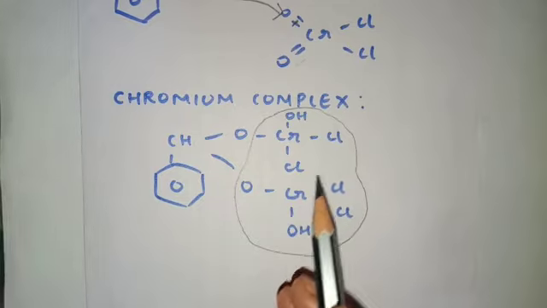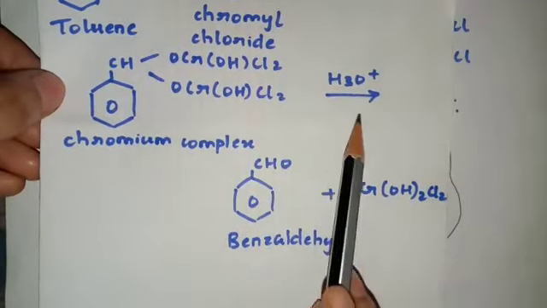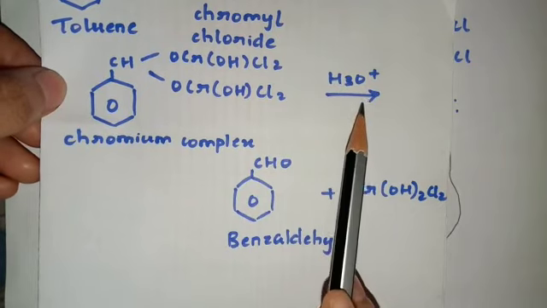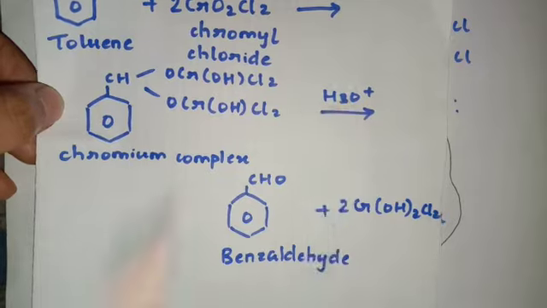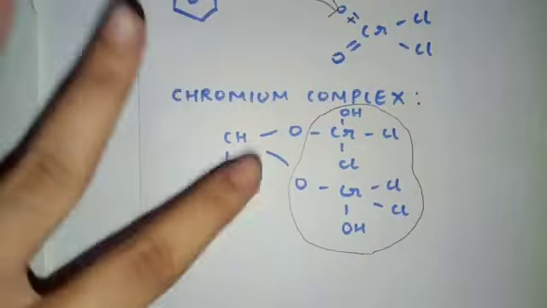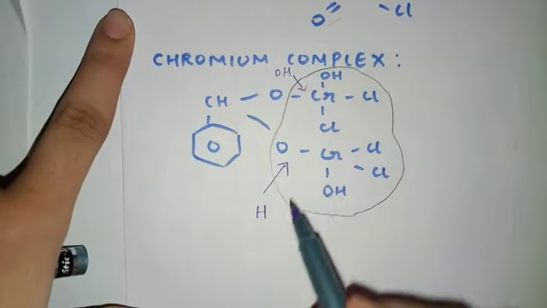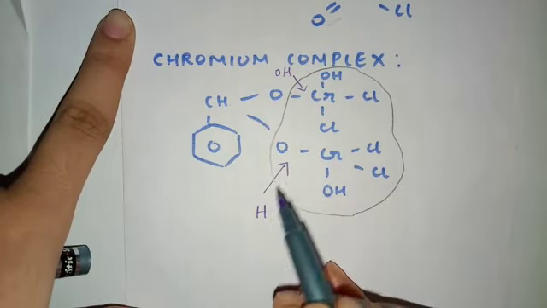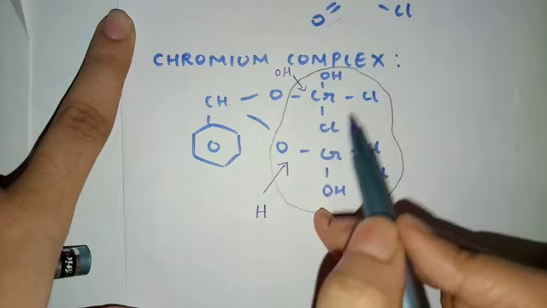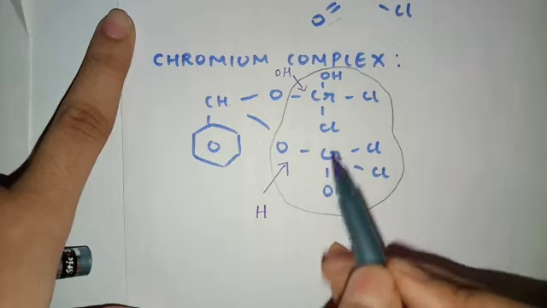Alright, okay. So what we are doing further is, chromium complex, we are treating it in presence of hydronium ions, right? So this is nothing but your water molecule and H plus ions. Okay, so over here in this structure, the water molecule is split into H and OH. Okay, so on this lower half, this lower molecule, H will be attached, and this upper molecule OH will be attached. Okay, so this will result into formation of two identical compounds.